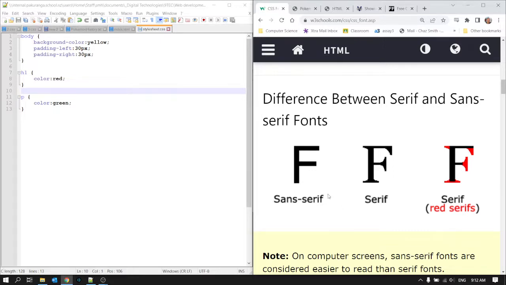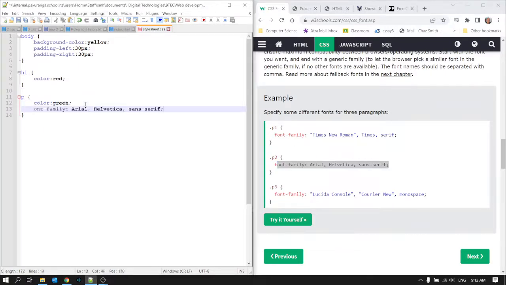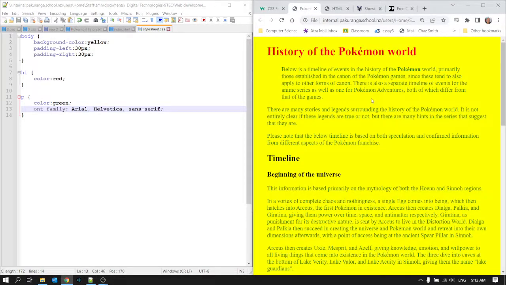There you go. Anyway, so zooming out, let's just go down here and grab some stuff. We are going to apply this sans serif font family to our paragraphs. Now they've done a different example, but we are just going to copy them and then slightly adapt it, which is a very typical thing to be doing. In fact, we've already got this paragraph here, haven't we? So all we want to do is just take that little bit, Control C and Control V and Control S and Alt Tab back to Pokemon and F5,